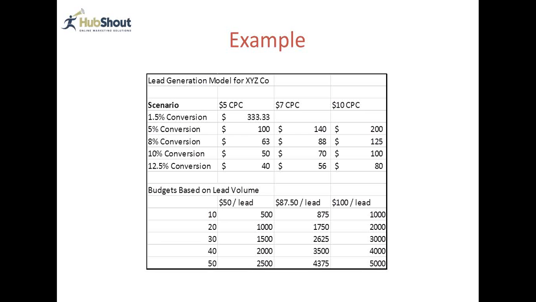So we can come back and say, we talked about this, and you really felt your conversion rate was going to be 10% on your website, and because you don't have the phone number anywhere on it, it was 1.5%. So your cost per lead was $333. And that's the perfect place to go back and say, all right, what can we do? Because we know we want to get to the $50 lead.